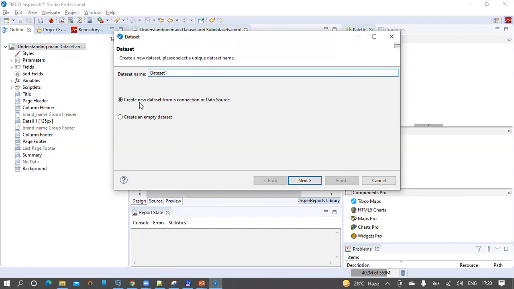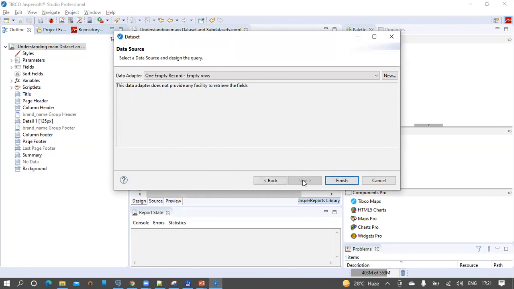They are create new dataset from a connection or data source. So this connection can be created from an existing connection, or we can create a new data source itself and map that new data source to this dataset1 here. And the second option says that we can also create an empty dataset. For this demonstration, let us go with the first one, which is create new dataset from a connection or data source. Click on Next.